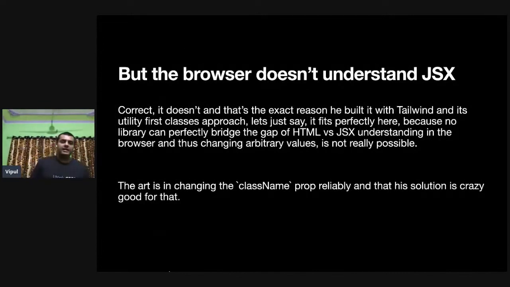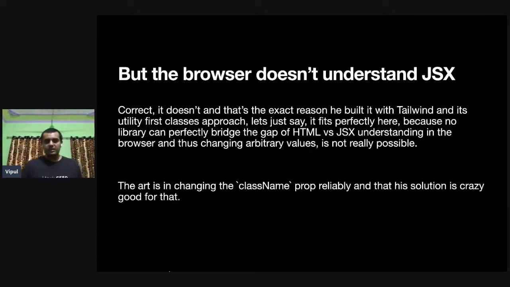But at the end of the day, the browsers don't understand JSX natively. They don't. It's just a fact. And that's why he's using Tailwind. So the product is called Tailwind DevTools. Because if you do the thing that we did with inner text, that's not really possible, because with JSX, inside an element, there could be any number of elements. But in our system, since we are using HTML, if there is a subtree in a tree, then we can reliably change it because we are not changing it at all.